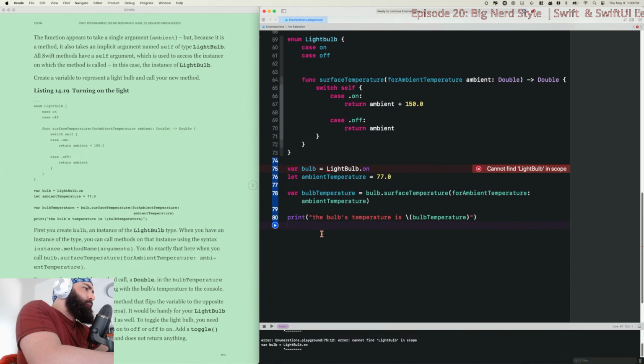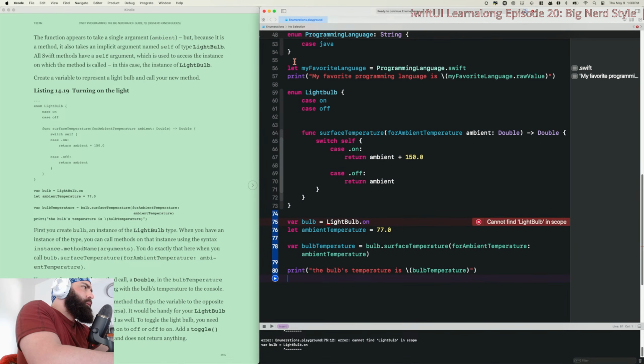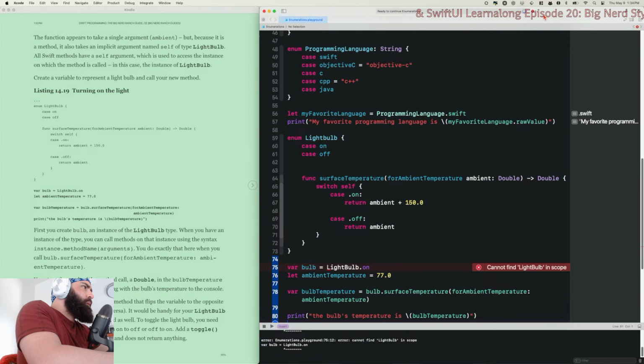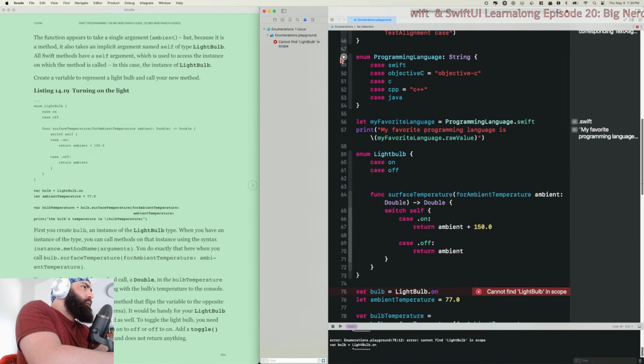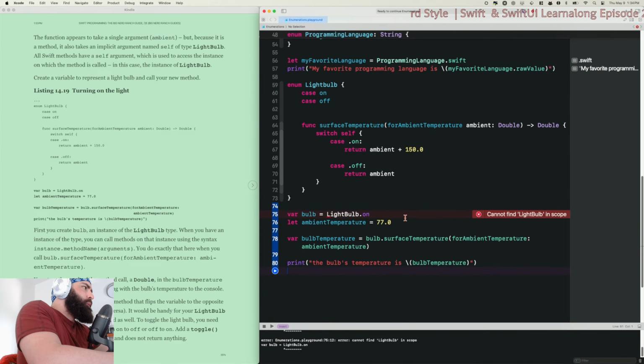I wonder why it's not working. Light, bulb, light. Oh my gosh, dude.